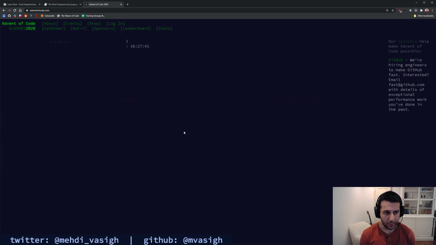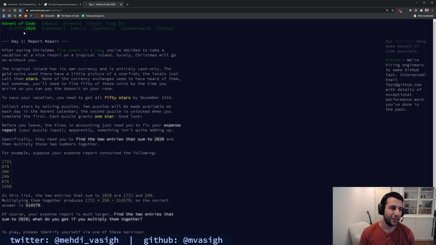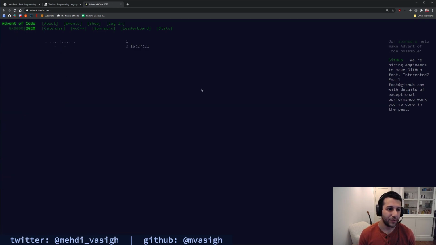Okay, so if you haven't heard of Advent of Code before, it's basically an annual code challenge that pops up every year around Christmas time, which is a series of code challenges that you need to solve. That gives you a star, and you can progress to the next one. There are 50 challenges in total, and the point of it is nothing at all. It's basically for bragging rights